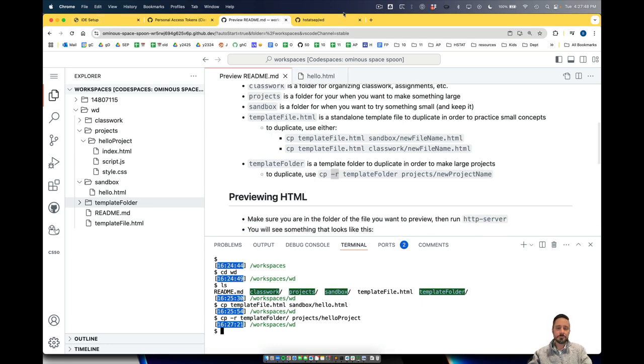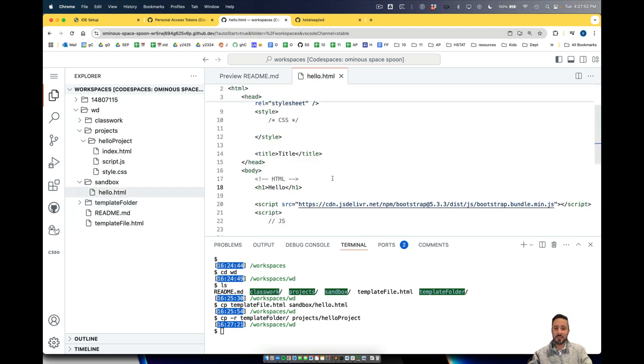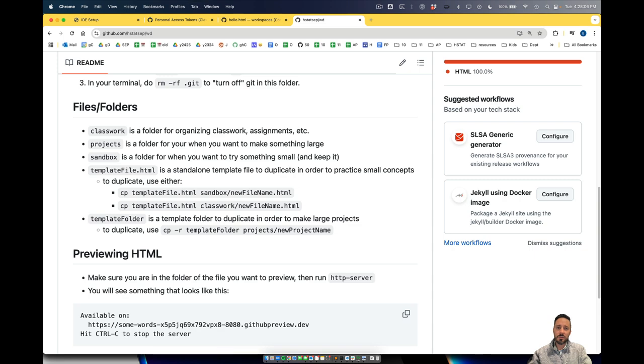Cool. Let's talk a little bit about how you would preview HTML. I have, again, this hello.html. That was in my sandbox, so I'm going to cd into my sandbox. You can really be either in the parent folder of wherever your file is, or you can be in the grandparent or anywhere kind of above. And then the command